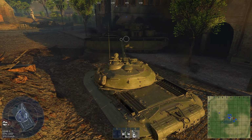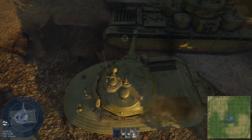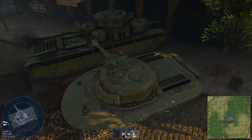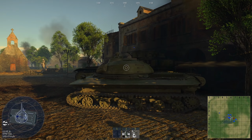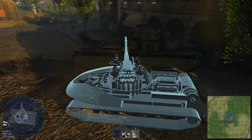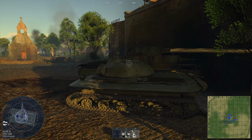Oh. Speaking of heavy tanks with, well, not exactly big cannons, but big things. You can actually see the size comparisons here between the Object 279 and a T35. It's honestly not too far off. Okay, the T35 definitely beats us in terms of length, as is to be expected, but given the extreme sloping of the hull of the 279, you can actually see that the crew compartment itself is pretty small, pretty standard for a tank, but because the lip extends so much forward, as well as